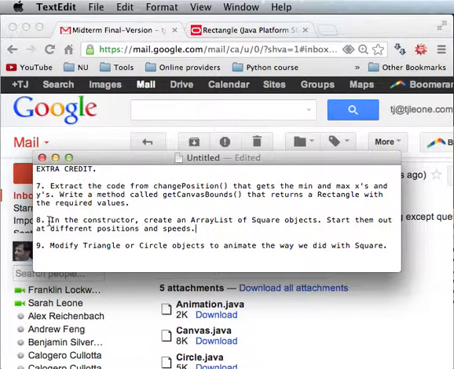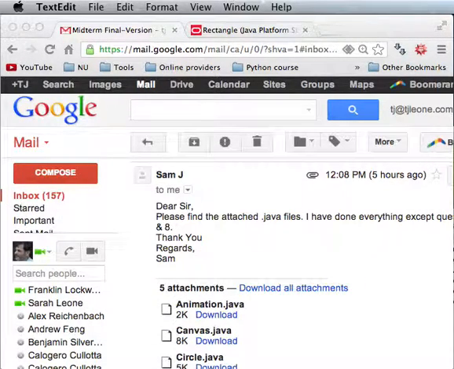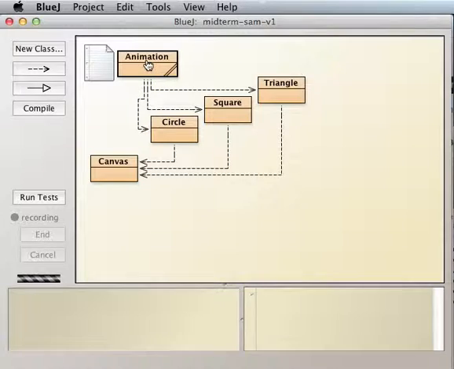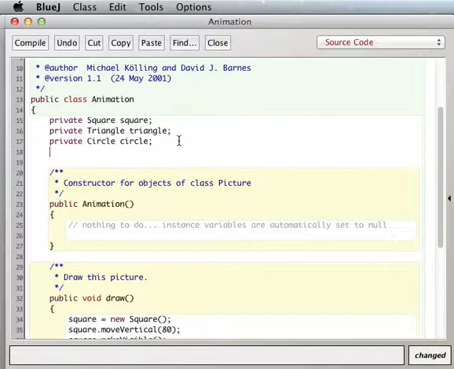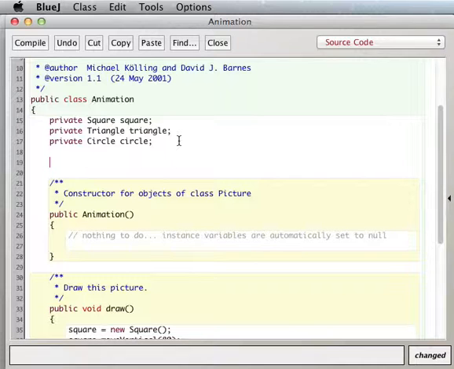So it says here, in the constructor create an array list of square objects. That's something you know how to do, right? In the constructor, and we're talking about the constructor for the animation class, because that's where we're going to animate the squares, right? So we could add an array list of squares here. Private array list